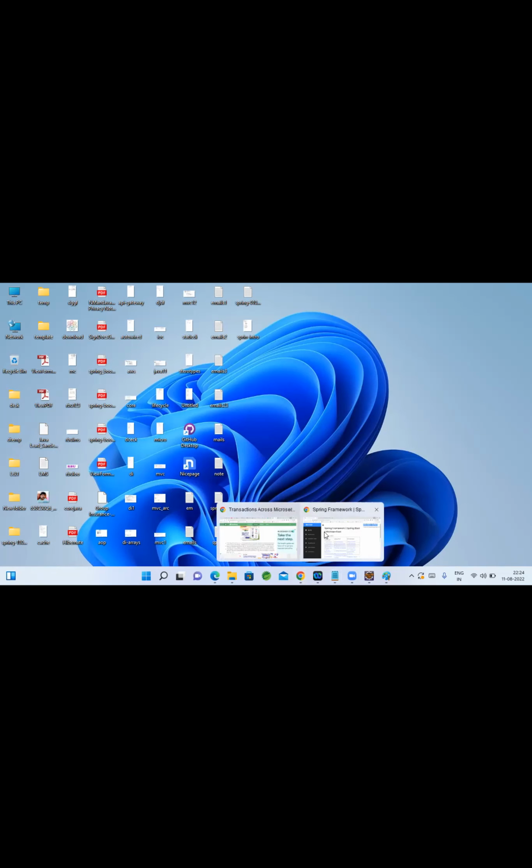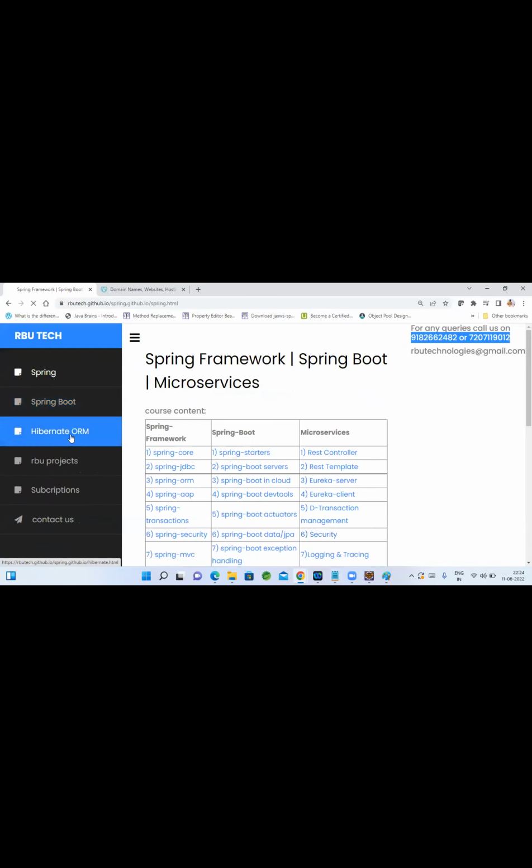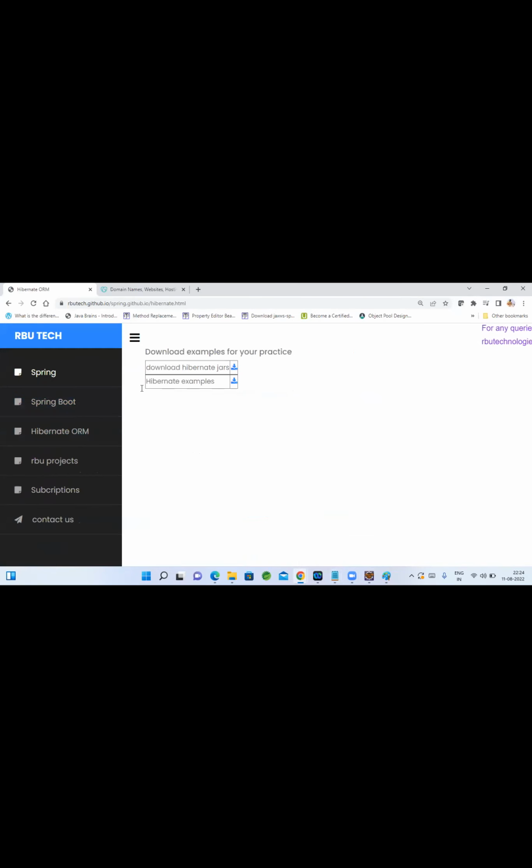I didn't mention that in the content, but I'm covering it because earlier I used to take Hibernate as a 30-day session. It's really not required nowadays because Spring Boot completely removed that learning. Without doing any implementation itself, Spring Boot gives Spring Data features. So that's why I'm not mandating Hibernate for people.